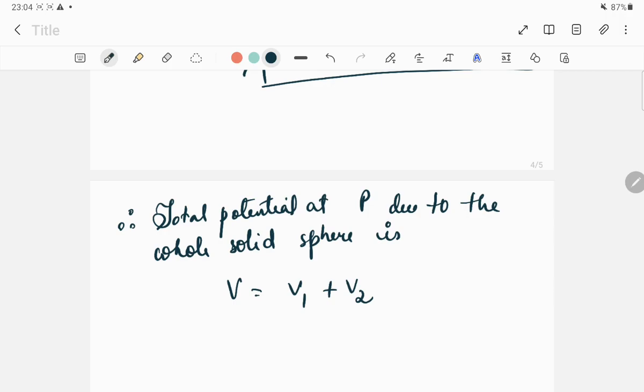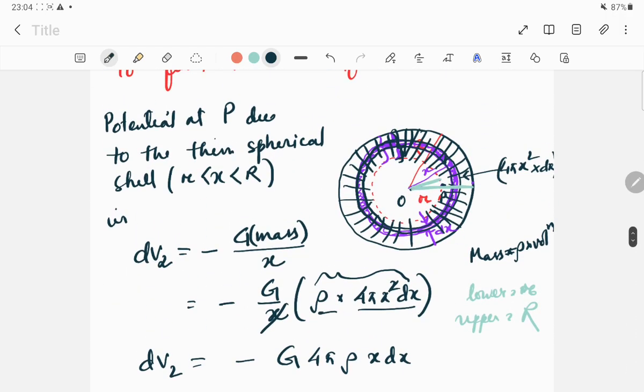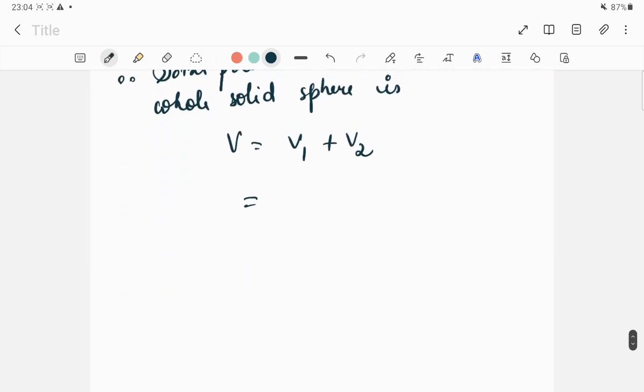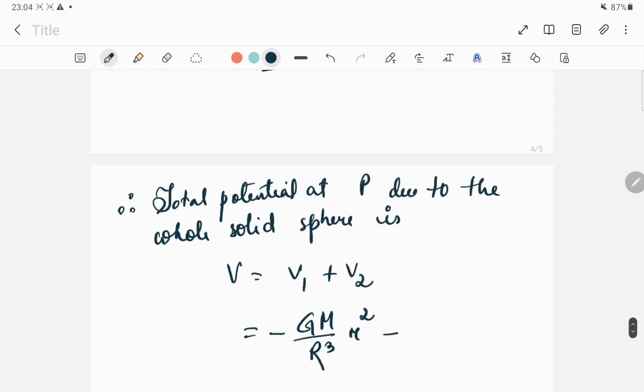Okay, so we will find out what is V1. We will go back. What is our V1? V1 is GM by R cube into small r square. So V1 is minus GM by R cube into small r square